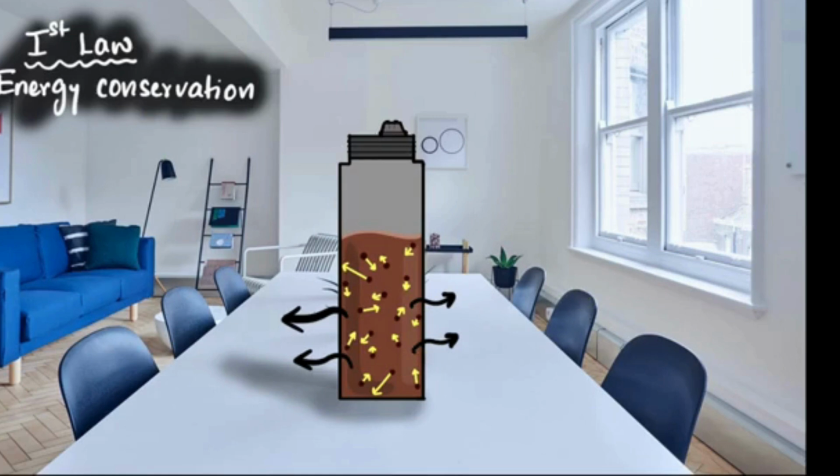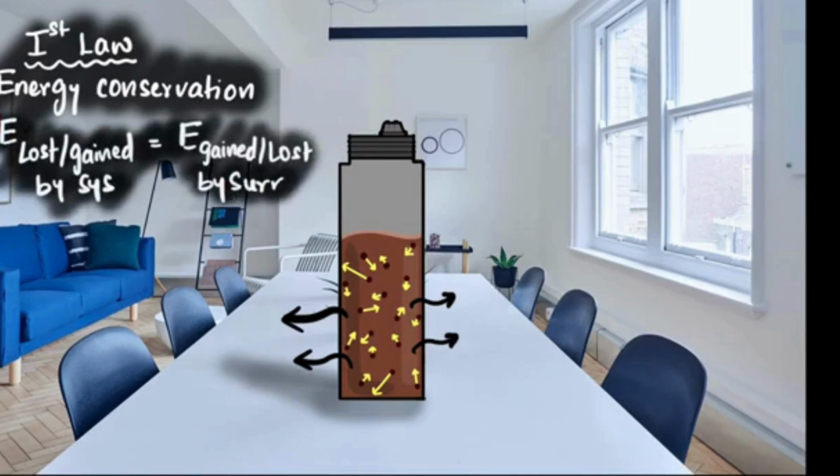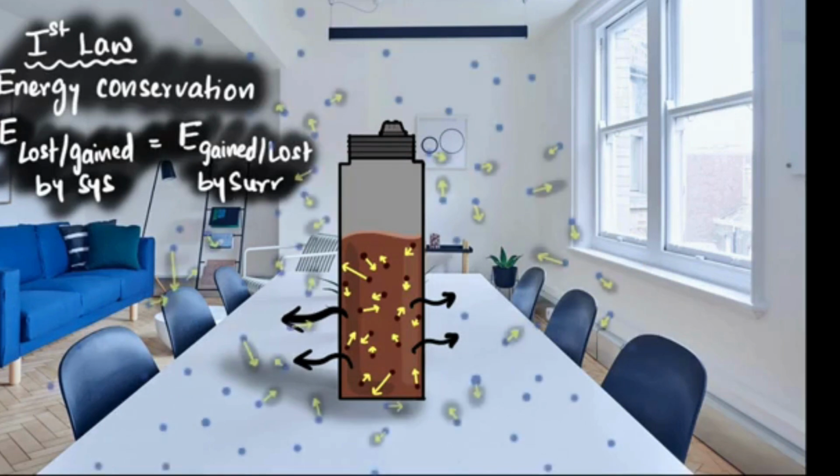So in our case, when it comes to system and surrounding, that basically means that the energy lost or gained by the system should exactly equal the energy gained or lost by the surrounding. Now, before we move ahead, one question that we could have is, when the system lost energy, its temperature dropped significantly. Now, the surrounding has gained the same amount of energy. So its temperature should shoot up significantly, right? So why doesn't the room just become hotter? Well, the short answer is yes, the surrounding has gained the same amount of energy, but remember, the surrounding has way more molecules compared to the system.